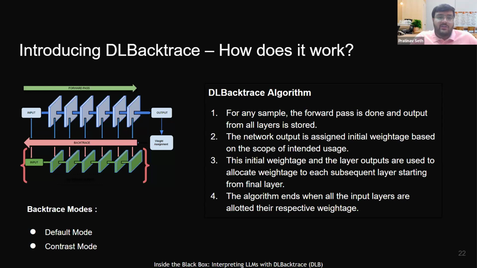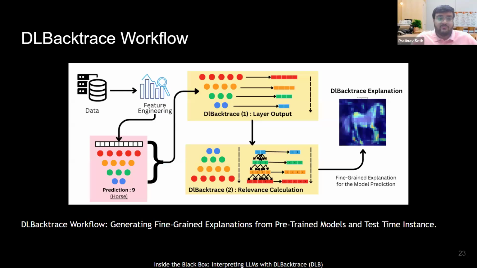And based on these weights, we are trying to assign a relevance value to each of the model layers, or you can say operations. When this happens, we ensure that it's similar to, I would say, Kirchhoff's law, where the relevance is conserved between all the operations. So you will get an explanation map which is similar to your input data. A good example can be the one which I show in the next slide.